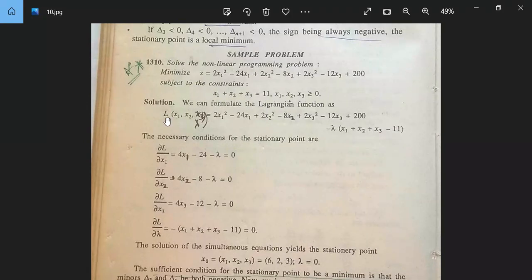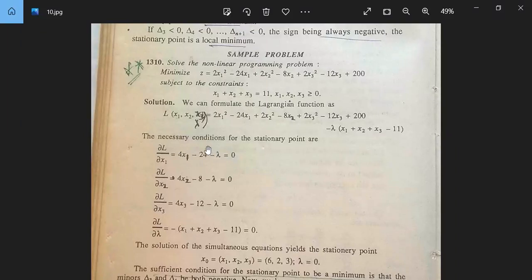x1 x2 x3 greater than equal to 0। तो लैग्रेंजियन फंक्शन सबसे पहले बनाएंगे L x1 x2 x3 and lambda, this is equal to 2x1 square minus 24x1 plus 2x2 square minus 8x2 plus 2x3 square minus 12x3 plus 200 minus lambda times x1 plus x2 plus x3 minus 11, this one। अब इसके लिए नेसेसरी कंडीशंस निकालेंगे नेसेसरी पॉइंट के लिए। तो डेल एल बाई डेल एक्स 1 जीरो कर देंगे, डेल एल बाई डेल एक्स 2 जीरो, डेल एल बाई डेल एक्स 3 जीरो एंड डेल एल बाई डेल लैम्डा इज इक्वल टू 0।